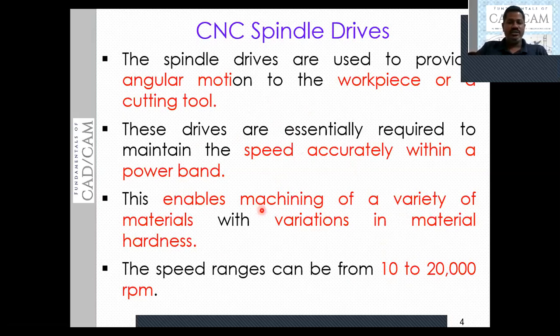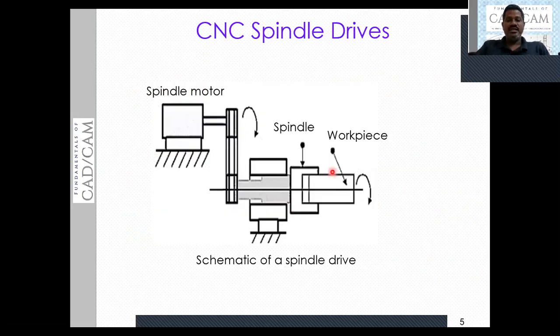All these factors we need to consider. Sometimes the accuracy also comes into the picture, and based on the accuracy we need to vary the speed. So all these will count. The spindle drive plays a crucial role in getting accuracy during machining. Let me move forward to discuss what exactly it looks like.